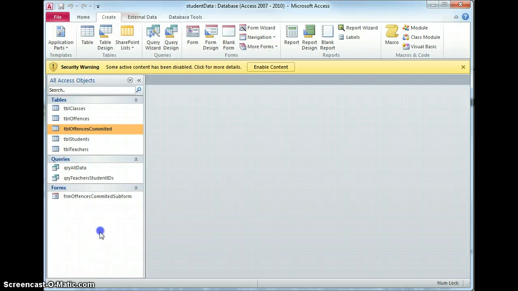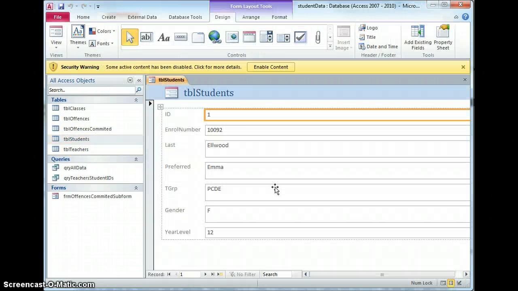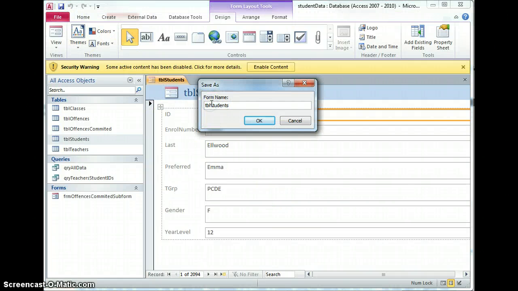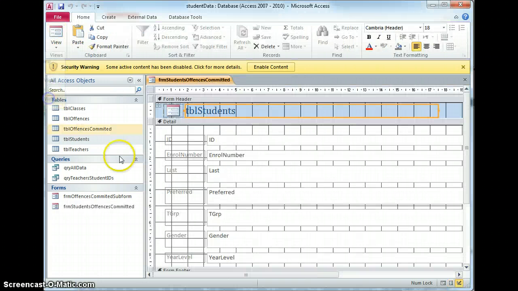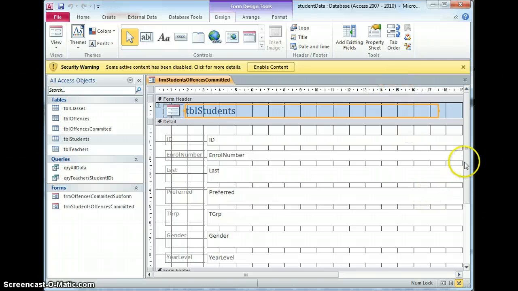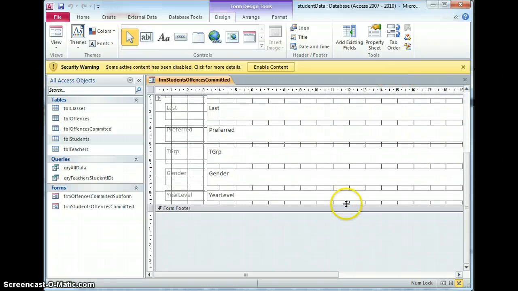So what I'm going to do now is create a form based on the students table, just a standard kind of form. But when I save this one, I'm going to call it form students offences committed. If I hop into design view on this, it looks pretty standard. Right down here